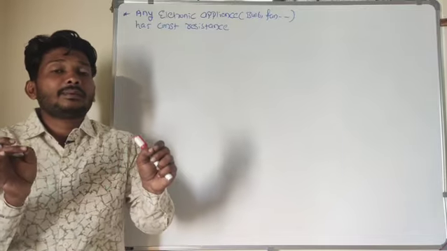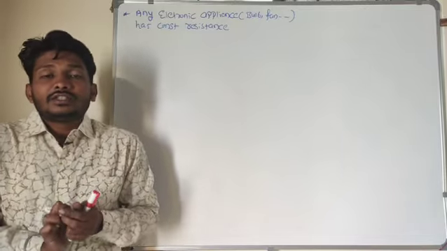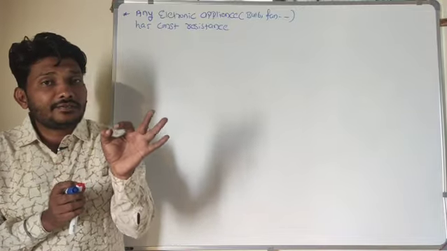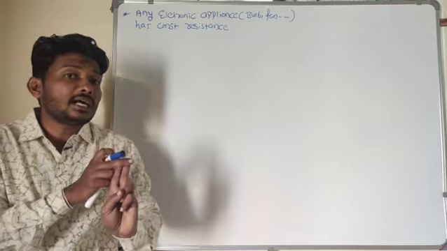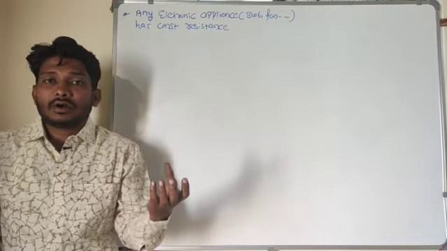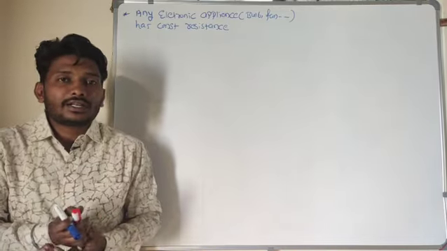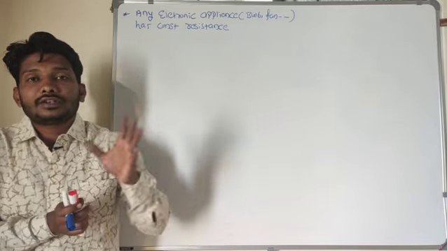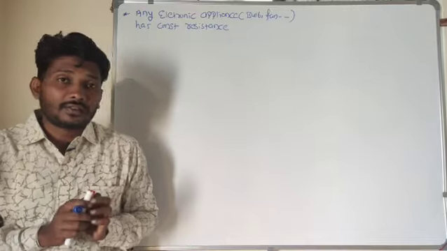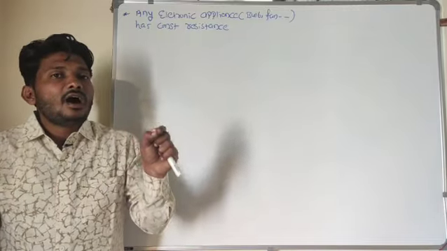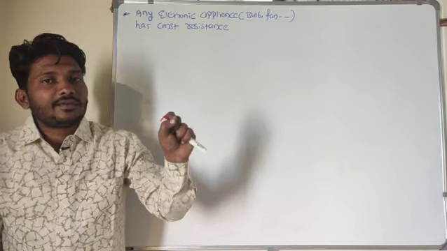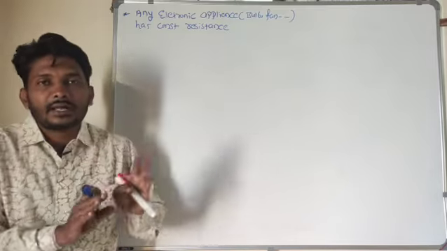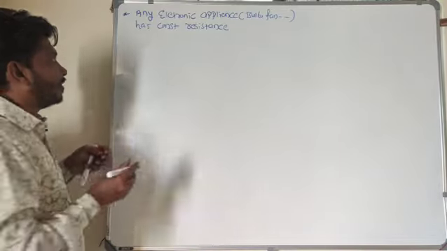For example, if you purchase any electronic gadget, on that appliance they will specify some voltage value as well as a power value. If you go to the shop to purchase a bulb, the shopkeepers will ask how much voltage of the bulb you require and what should be the power of the bulb. So on the bulb they specify the voltage, which is the specified voltage, and they specify the power also, which is the specified power.